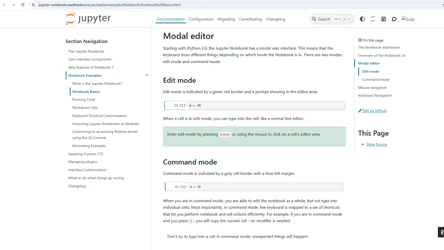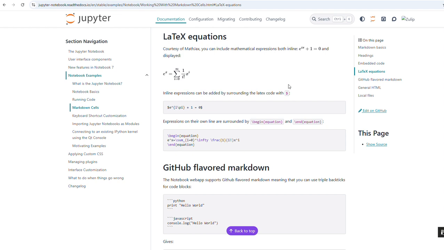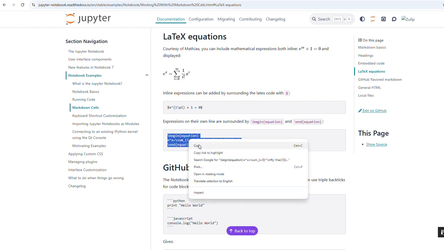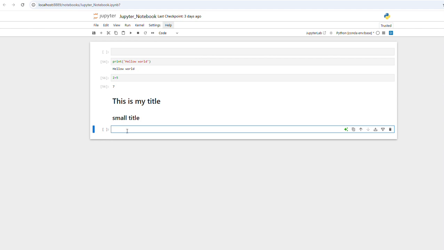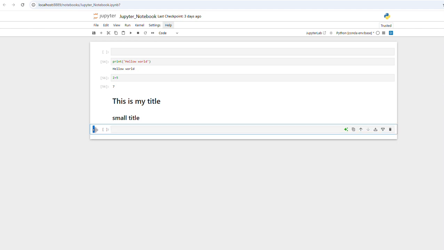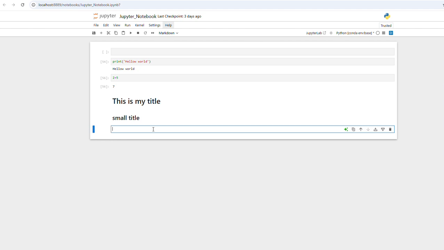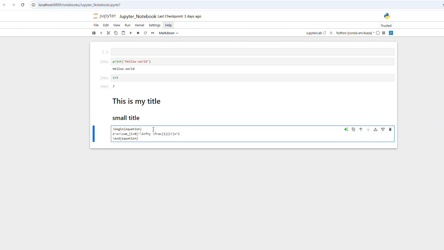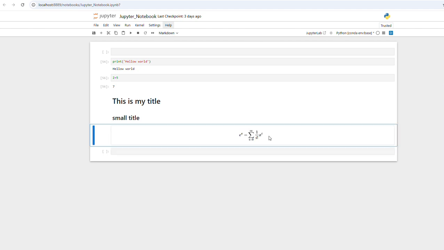See, these are the mathematical equations available in the Jupyter notebook documentation. Simply copy this and go back to your notebook, press M first to make it markdown, paste this and shift enter. See, this becomes the math equation